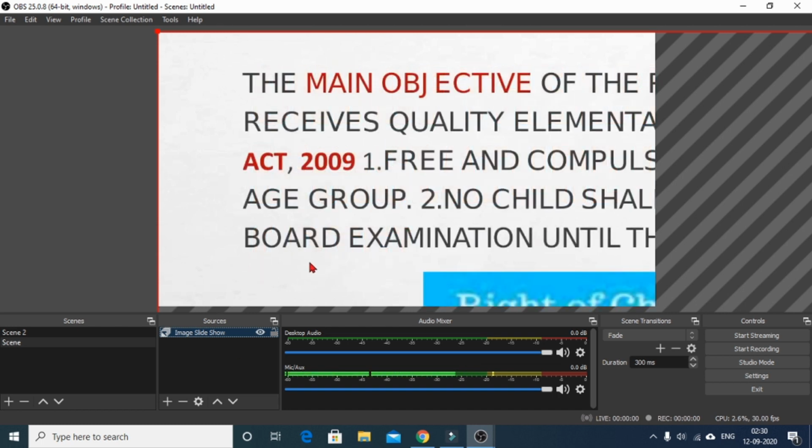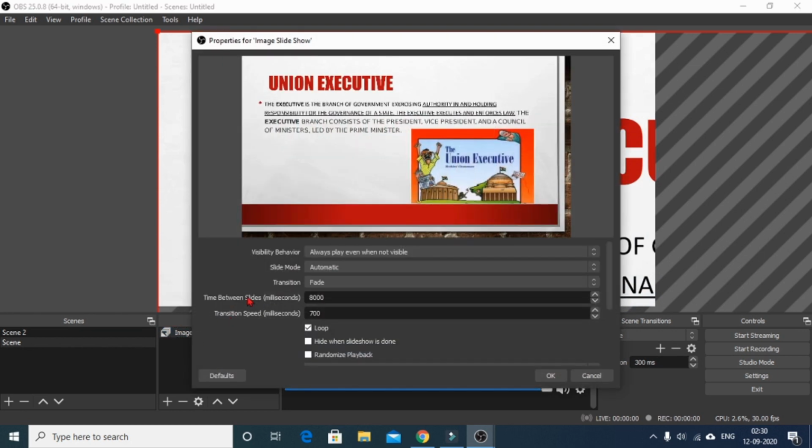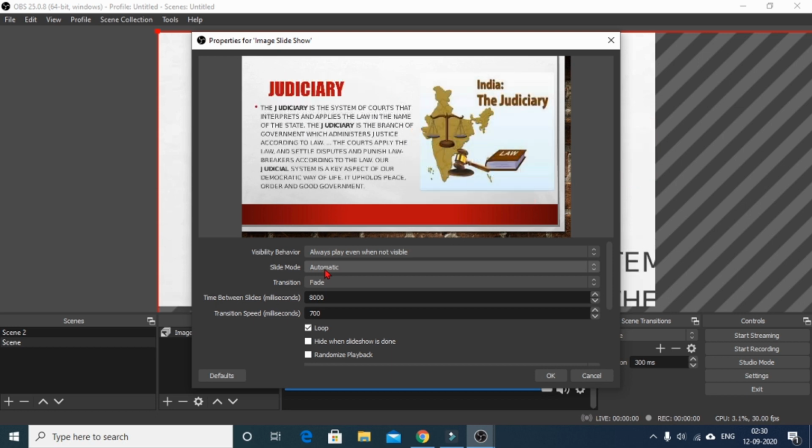Now here you can see that the slides are moving automatically of their own. So when you click on this Image Slideshow on the sources, you see that the slide mode has been chosen as automatic, and that is why the slides are moving automatically.